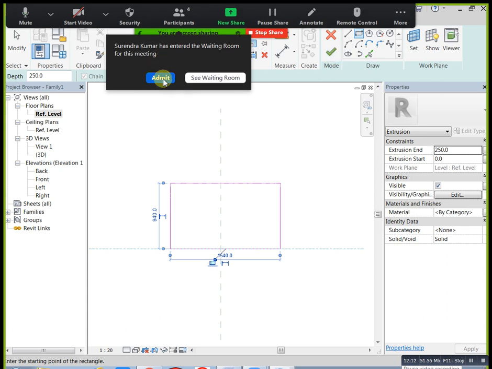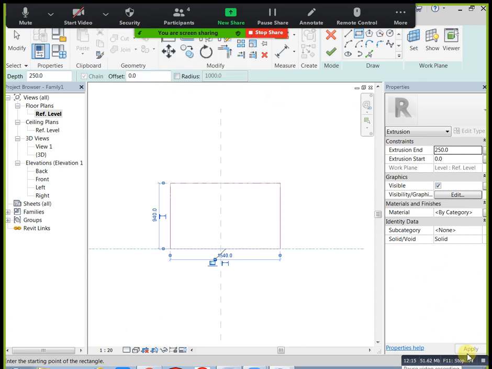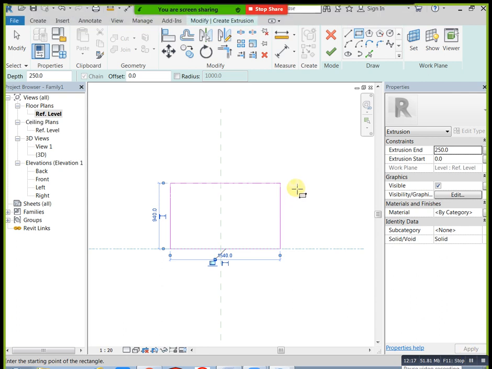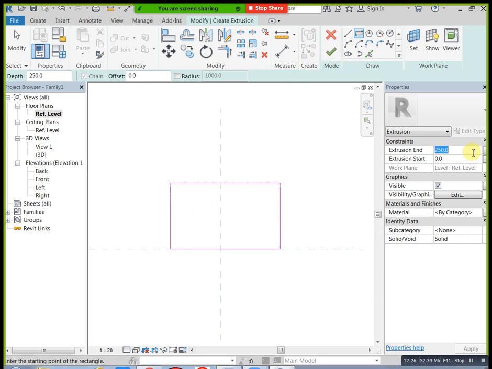Just you can see I selected extrusion. I completed one closed profile. Again you can mention your constraint height. For example, I need 100. Now you can mention finish, or otherwise if you have any edits you can apply.